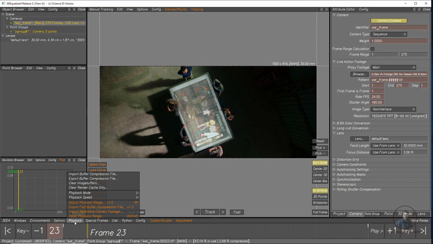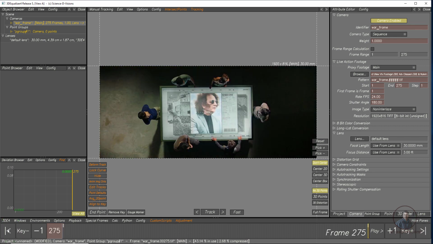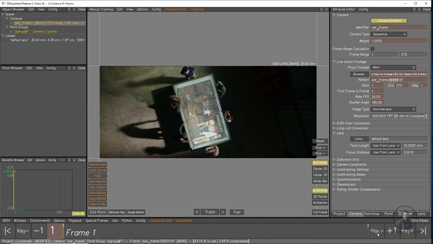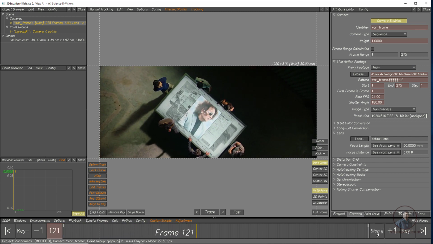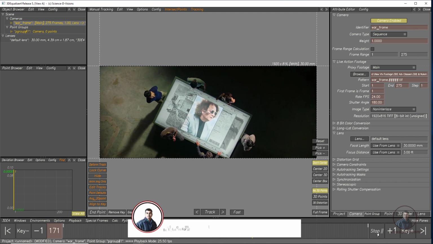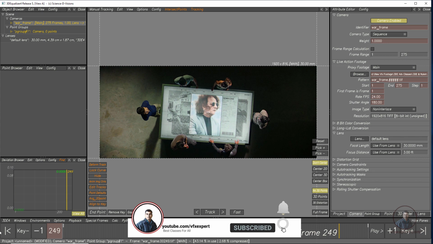Now again simply click on Playback. Now see, you are at frame 23. If you want to go to the start of your timeline, simply click here, and if you want to go to the end, simply click on this icon. So now click on the start. Now just play and check. Now here you will see your footage is playing in real time. Now stop this and click here.